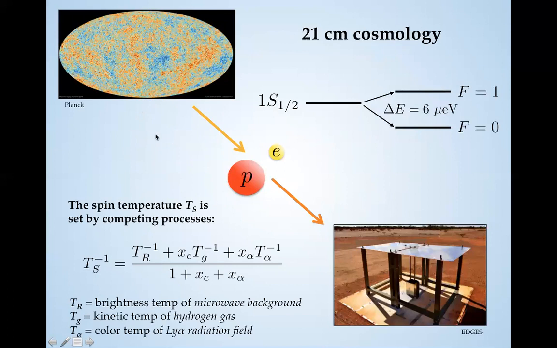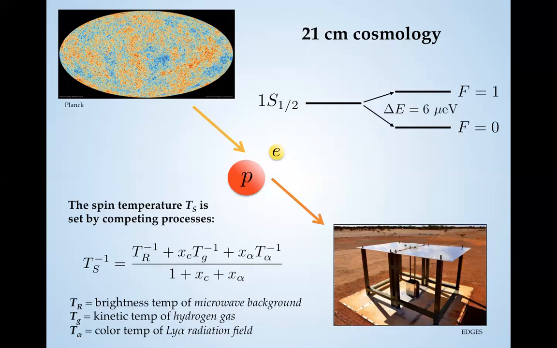All right, so the field of 21 centimeter cosmology is premised on the fact that photons coming from high redshift, CMB photons, for example, pass through clouds of neutral hydrogen on their way to Earth. So some photons are absorbed by the hydrogen, other photons are emitted by it. And for photons with wavelengths around 21 centimeters, absorption and emission are sensitive to the hyperfine structure of hydrogen. Just as a reminder, the hyperfine splitting, of course, arises because of interaction between the proton and electron magnetic moments. It's 21 centimeters as a wavelength, or as an energy, 6 microeV.